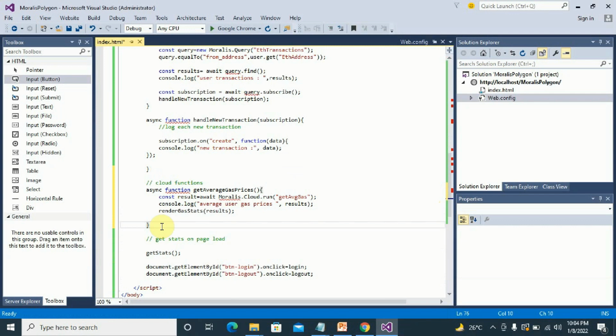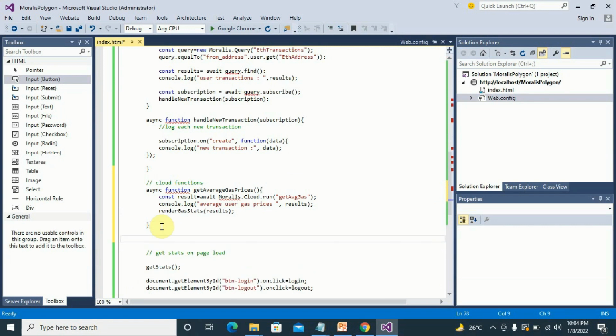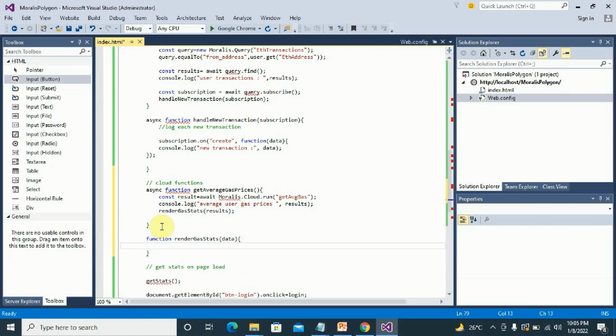You can look at your own code to make sure that there are no typos. Function renderGasStats, passing this as data. So now we declare const. We call it container,